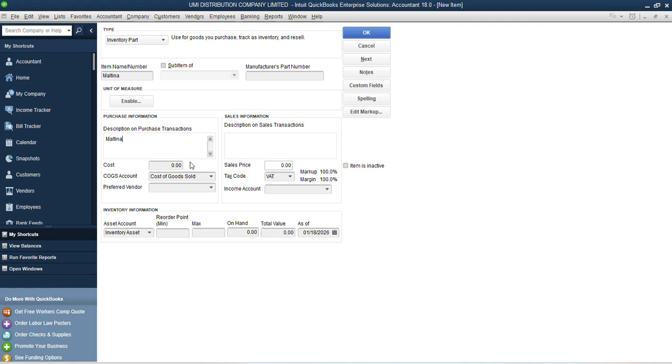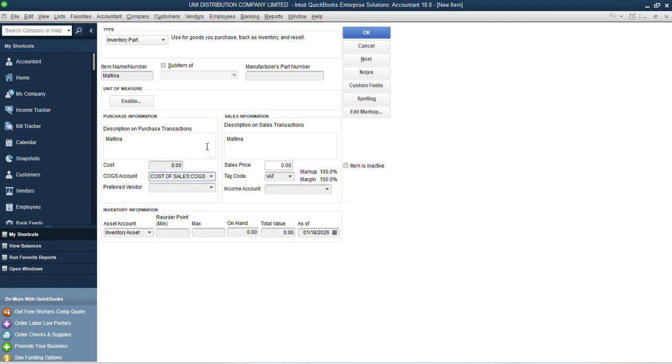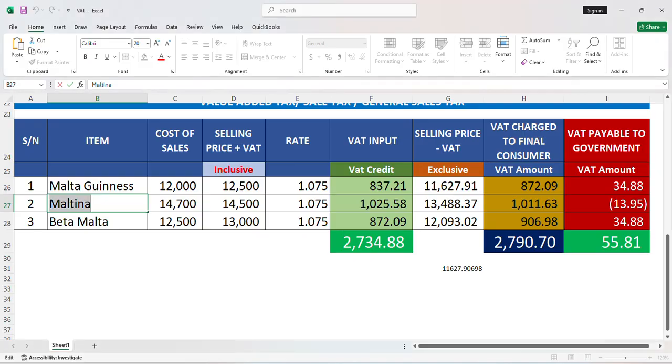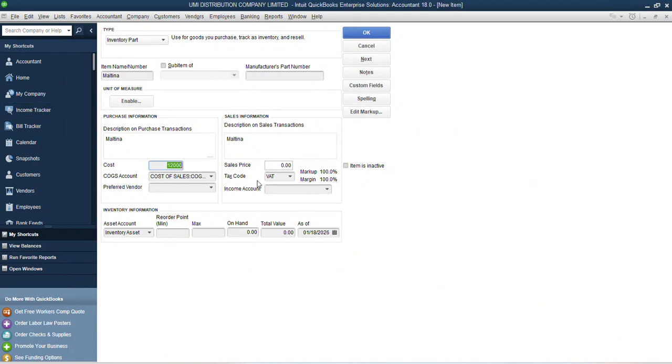Now, under normal circumstances, what I should have as my cost of goods sold account here, I'm supposed to have an account that tracks this item separately, but I chose not to. I am going with this, though this Primer Food is a different brand, a different product on its own, but I'm using it for this item. So I'll just go ahead and click here. When I do that, the cost is, I think, 12,000. Let me check, let me confirm. Okay, the cost is 14,700. So it's 14,700 that I'm going to put here